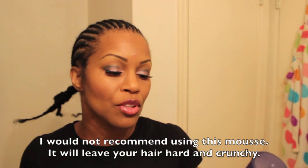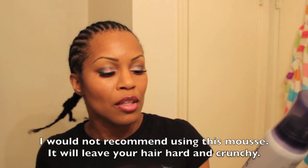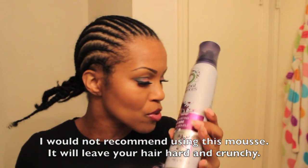So I'm not going to the store to buy anything new. I'm just going to use what I have here at home. So I have Herbal Essence Totally Twisted Curl Boosting Mousse. This is very, very good. I use this on my human hair as well. So I have that, and I'm going to use